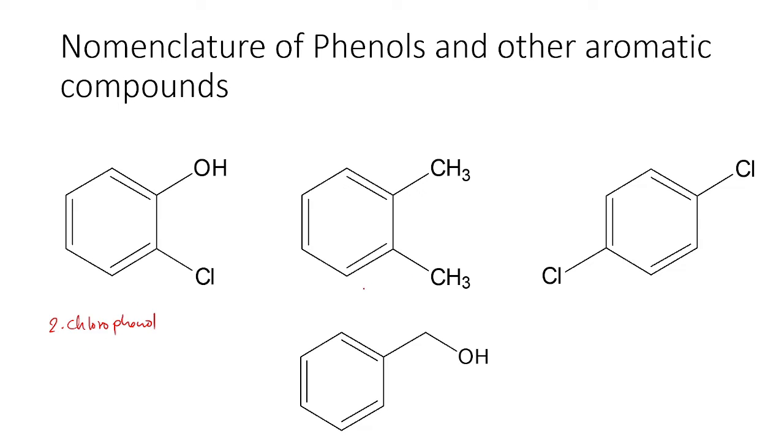As you may see here, hindi na phenol yung iba dito kasi we don't have an OH group that is attached to our ring itself. And as you may notice here, we have here this one. We have an OH here. We have a hydroxyl compound here. But this hydroxyl is not directly bonded to our ring, meaning this is not a phenol. This is actually an alcohol, and this is our